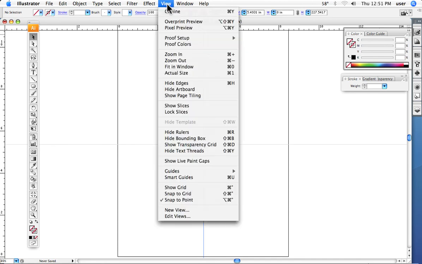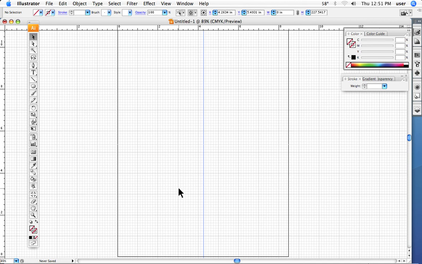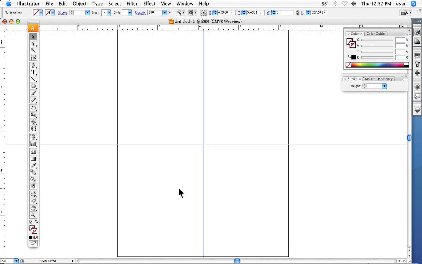As well, under View, we can show the grid, and this is very useful. It gives us sort of a graph paper looking thing that we can also use to help us align things and get things tuned up the way we want. So at any rate,